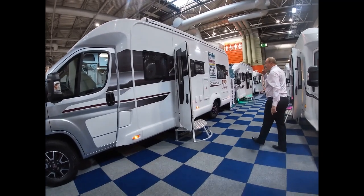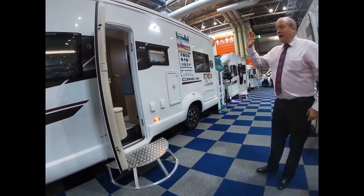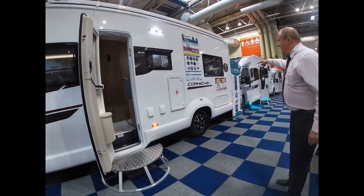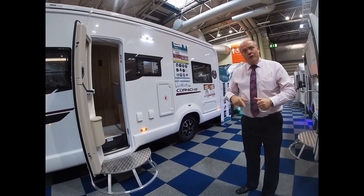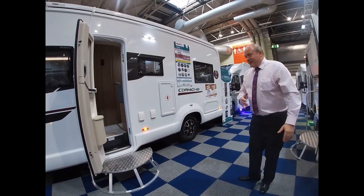Next vehicle is the 674. This particular vehicle is set with the 6-berth option, 5 seat belts, with an end lounge arrangement. We've actually sold quite a few of these vehicles through the course of the show as a 2-berth, and I'll explain to you why. If we step inside,